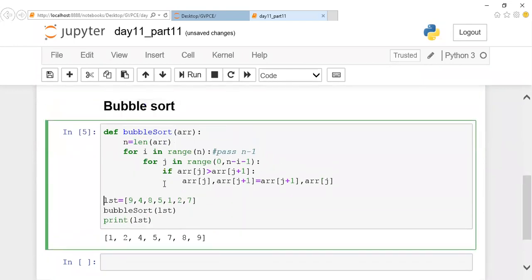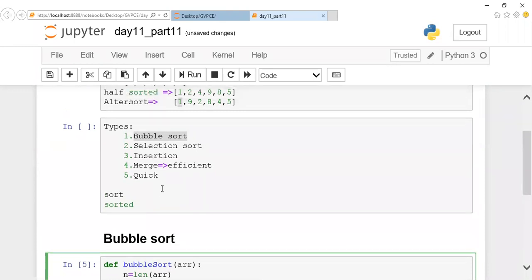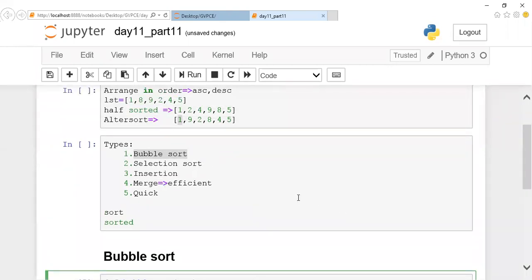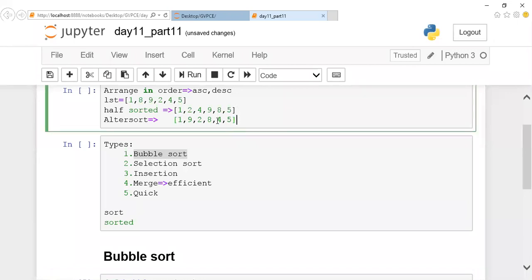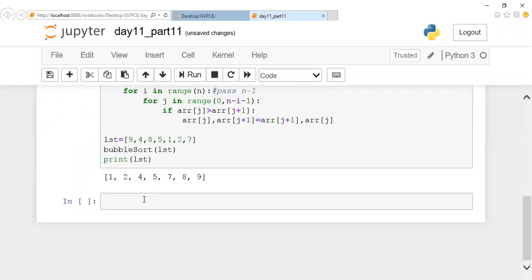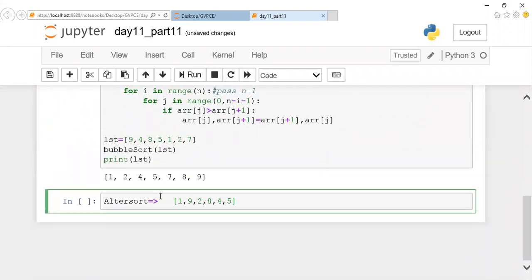Yes, right. Good. Now, before going to the next sort, I'll give you a small task. Within this 15 minutes, I want you to complete it. I want you to try out this alternate sort by using the bubble sort method. Will you try this alternate sort logic? The same algorithm. Make it faster. I can give you maximum 5 to 7 minutes. The reason is we have only 15 minutes. You take 7 minutes and I'll take 7 minutes for explanation.